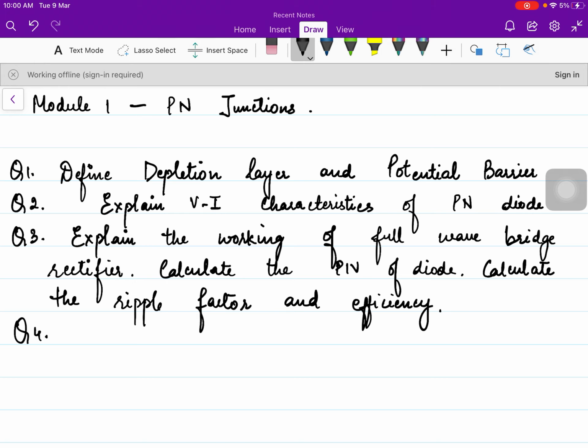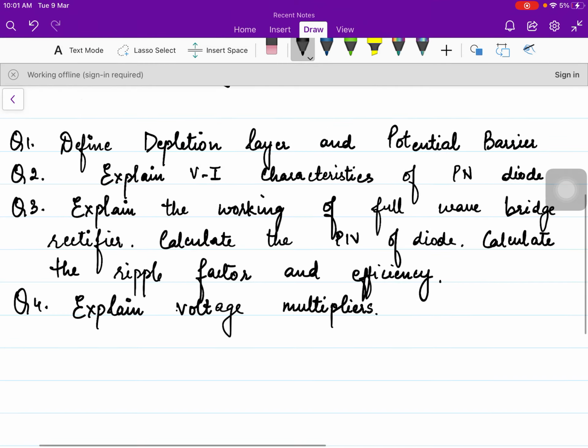Now next question can be related to the voltage multipliers. So you could be asked to simply explain voltage multiplier as I have written over here, or you could be asked to write a short note on half wave or full wave voltage doubler. Okay, so if you are asked voltage multipliers in general, then draw the diagram of voltage tripler and quadrupler. Please refer to my video. There is a single diagram for voltage tripler and quadrupler, and in that particular diagram we come across all the multipliers, that is doubler, tripler and quadrupler. So you can draw that in general, that is for voltage multiplier.